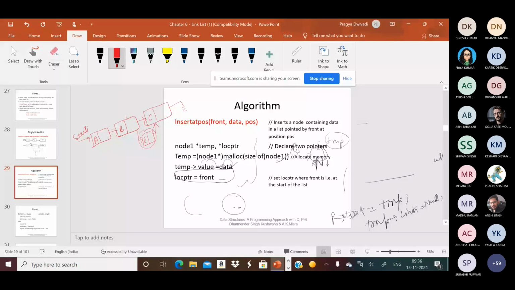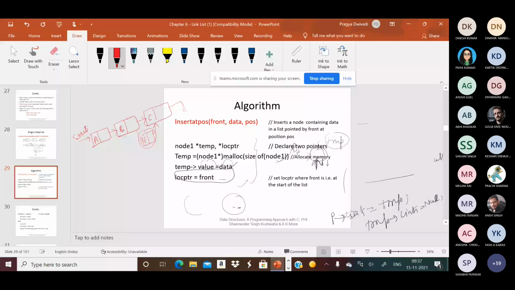So, ma'am, first we'll traverse the nodes up to the B node, and then we'll do temp link equal to B link, meaning the next pointer after B, that pointer in B node is pointing. And after that, B node's link will point to the temp.